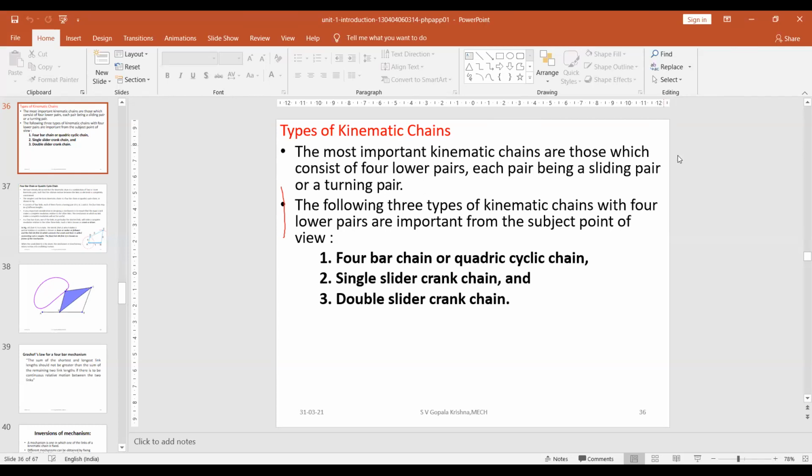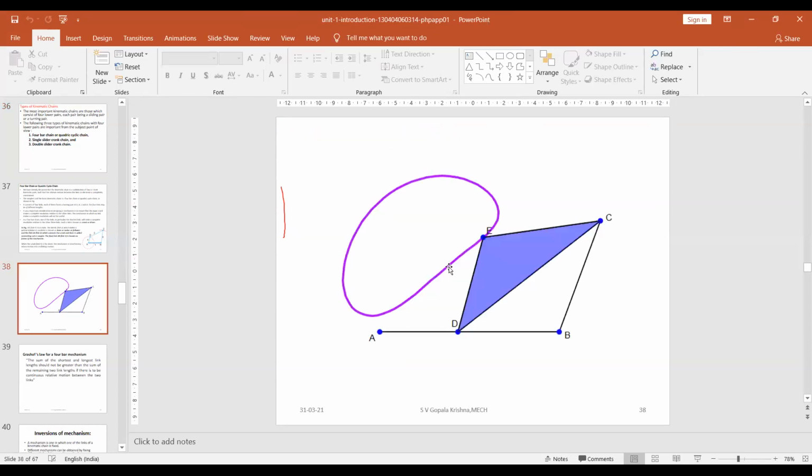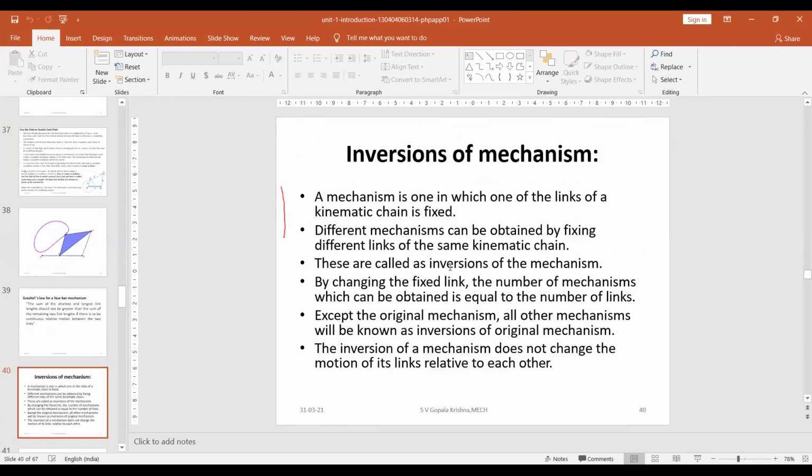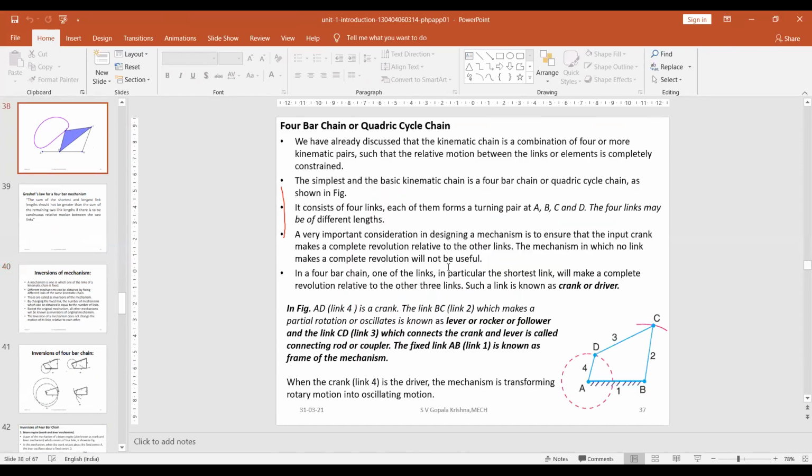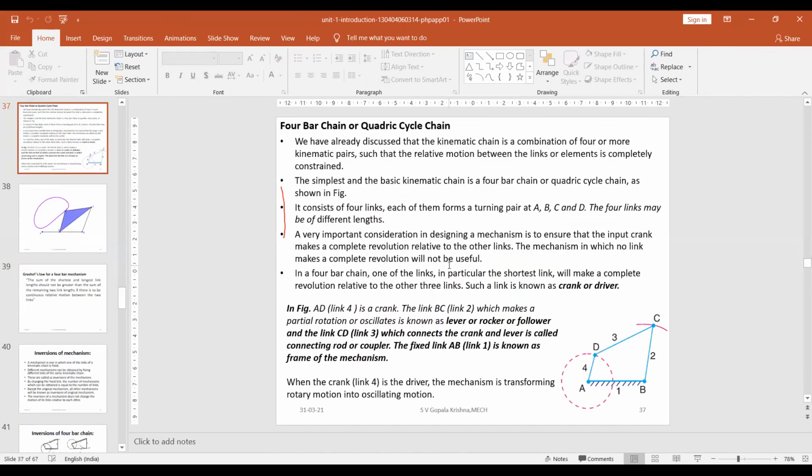So that is the 4-bar cyclic chain. What we said in our 4-bar cyclic chain: how many links are involved, particularly for the mechanism, and which links are acting as which pairs? How many pairs are there in our mechanism? We should also write a briefing about the particular mechanism. And the main thing is, what function will happen in our particular mechanism?